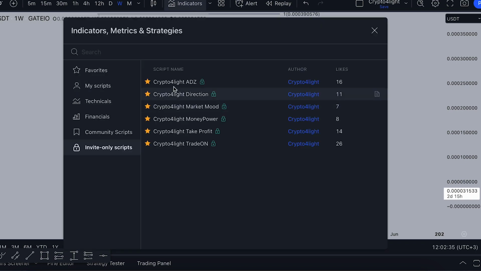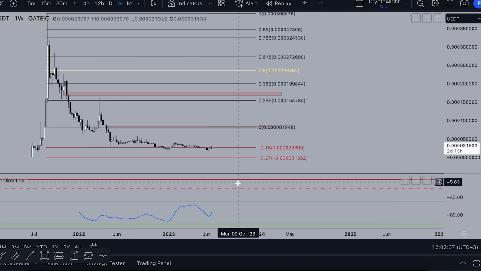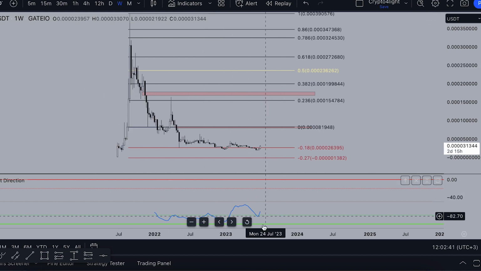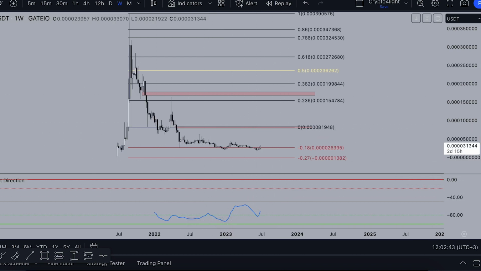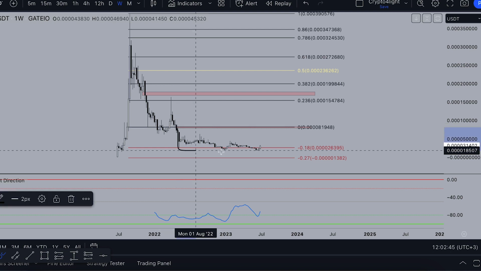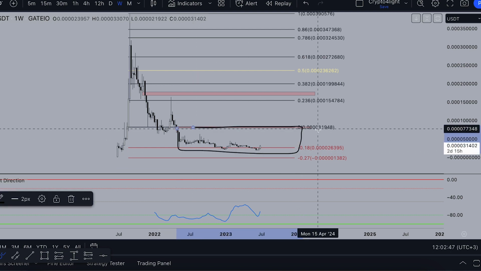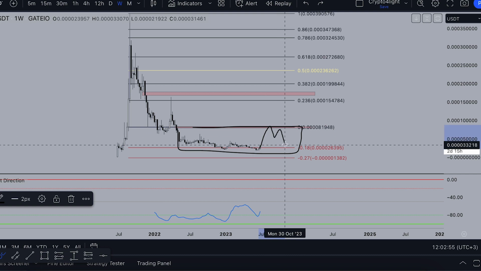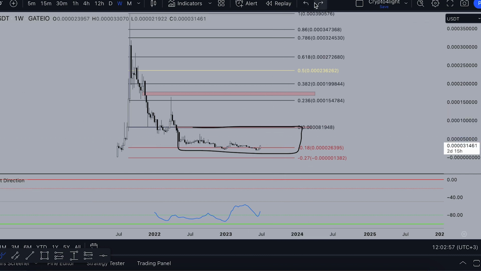Let's take a look at the QBSYLUHV direction. Yes, no signal to buy or no signal to sell. So just in the middle, we can still form the bottom. So we can trade a long-term period, for example, in this range between the 0 level and 18. We can trade all of 2023 and even the beginning of 2024 in this range. So let's take a look now at the market mood.